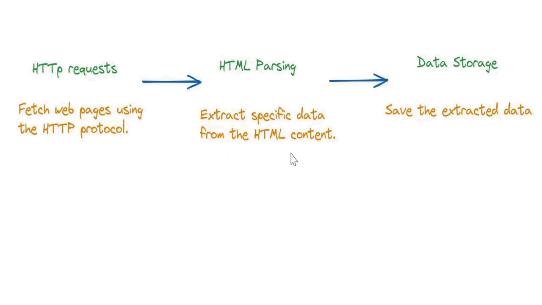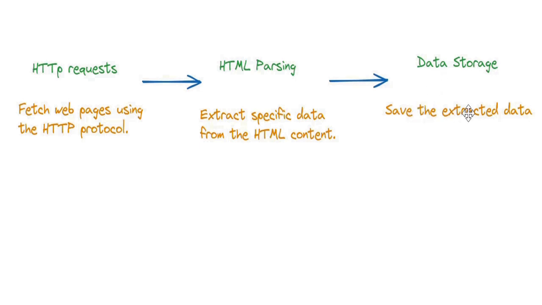As we saw the Wikipedia page, I won't require the complete data, only some specific data, suppose hyperlinks or titles, some bullet points. This type of information I want to get. So I will be extracting the specific data from the entire web page content in the HTML parsing stage. Once I extract all the required data from the web page, then we will jump to the third step where we will be saving the data.